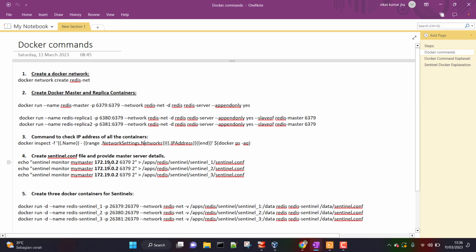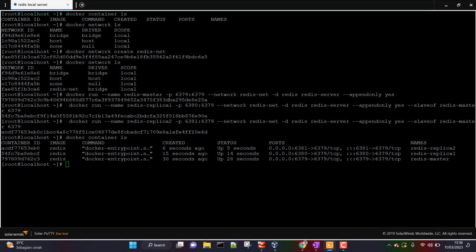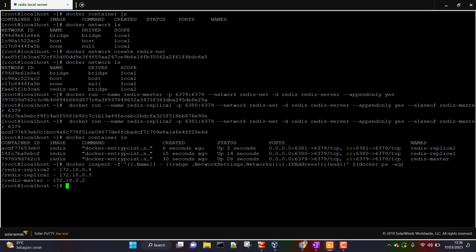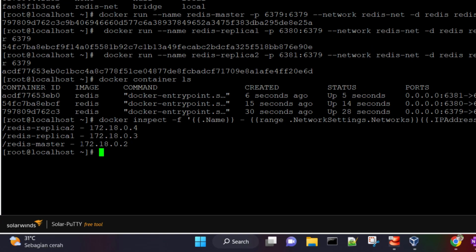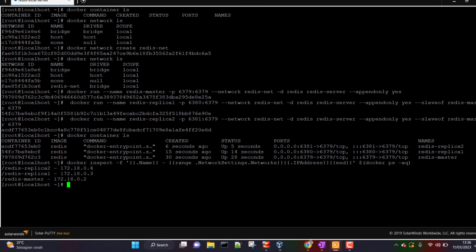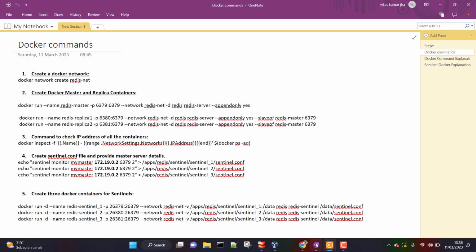Now in order to set up Sentinel, we also need to know the IP address of Redis master. Okay, so here is this command. This command is going to give us the IP address of all the docker containers. So if I run it, here you can see the IP address for Redis master is 172.18.0.2, and that is great. So we are going to now create